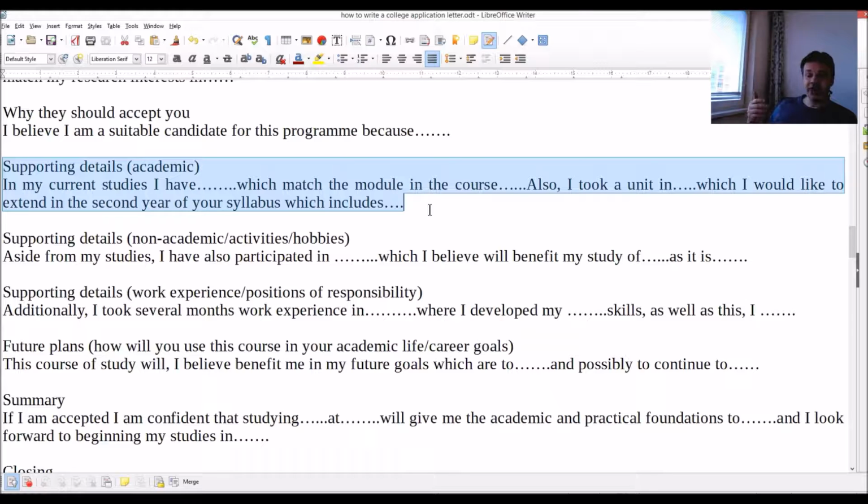Also, I took a unit in this, which you also have in your master's, which develops and extends my knowledge in this. Everything's got to connect. Why this links to this, links to this, links to that. Okay. Then supporting details,